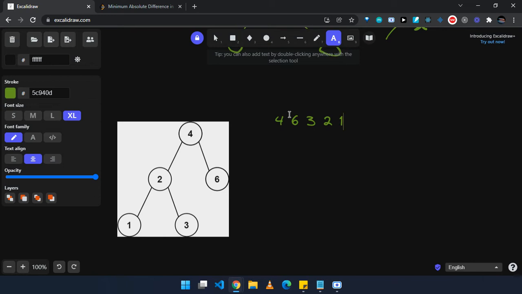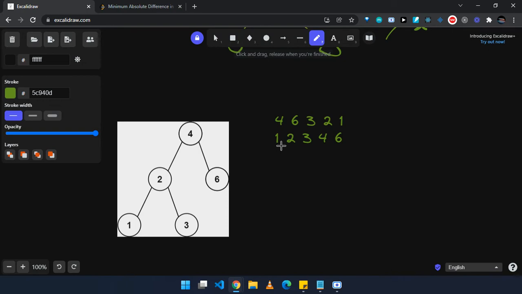We can sort the array, and after sorting the array we will get elements like this: 1, 2, 3, then 4, then 6. And now iterate over the array pairwise, picking two elements at a time. So here the difference is 1. Here the difference is 1.